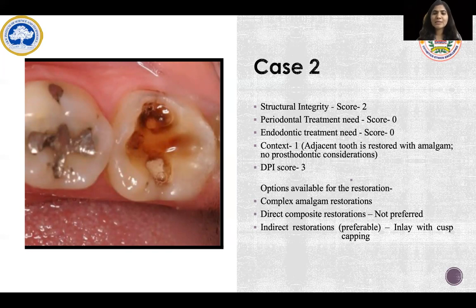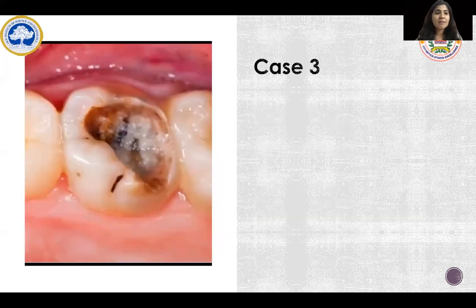Now the option that could be available for restoring this 7 is a complex amalgam restoration. A direct composite may not be preferred. However, indirect restorations are preferable in this case. Coming to case 3,